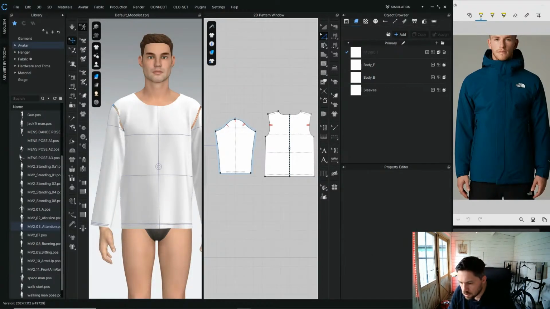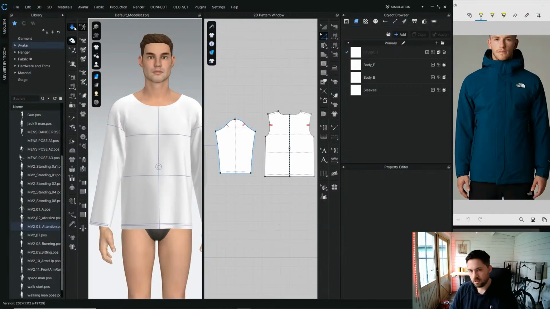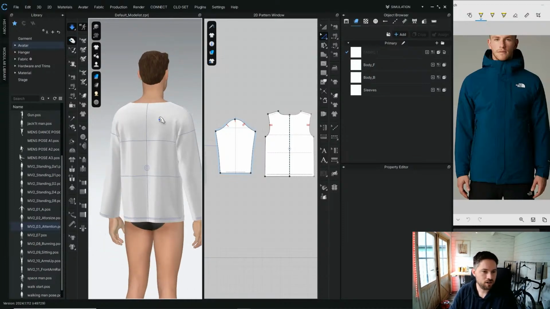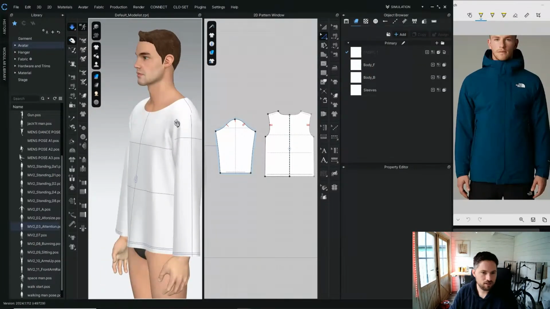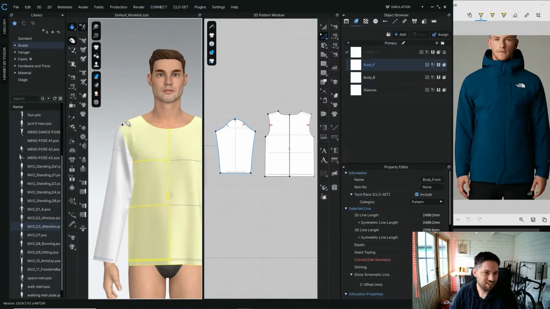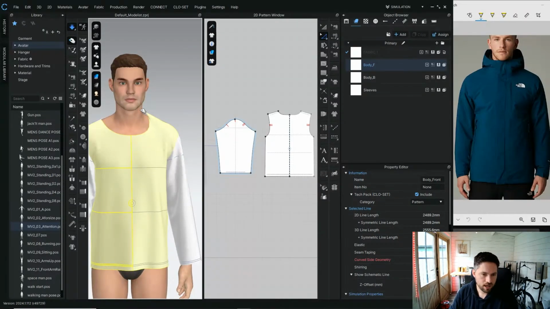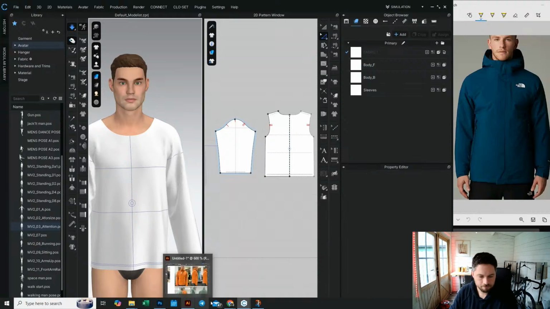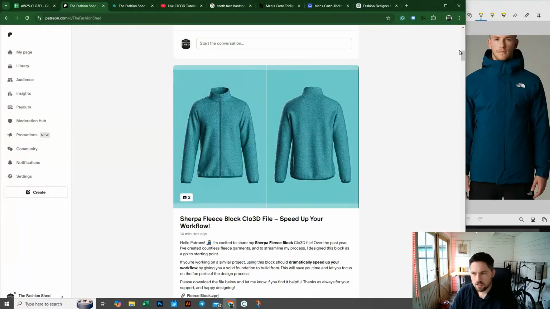Did you try Unreal for your client presentation? No, so I was quite lucky. Within the team that I've joined, there's a guy that can use Unreal. So I basically hand over all the CLO stuff to him, and then he does all the Unreal stuff. It does look good, but I don't know. I'm still quite happy with the renders that you can get in CLO. Did you see? Sorry, I'm getting sidetracked here. Did you see the